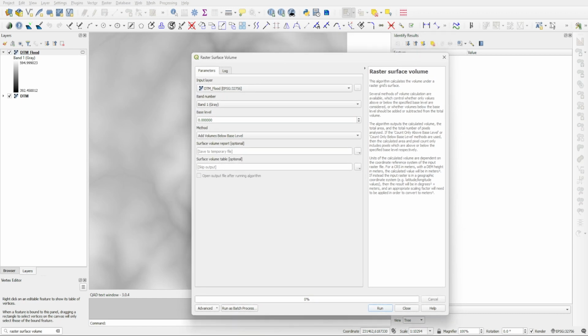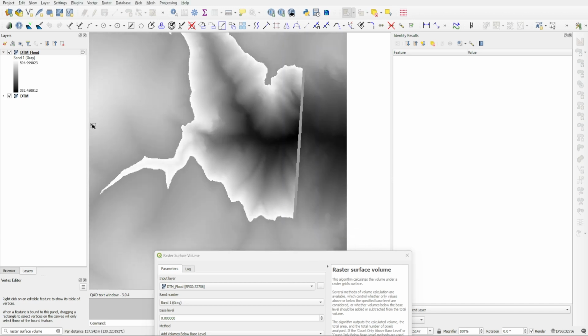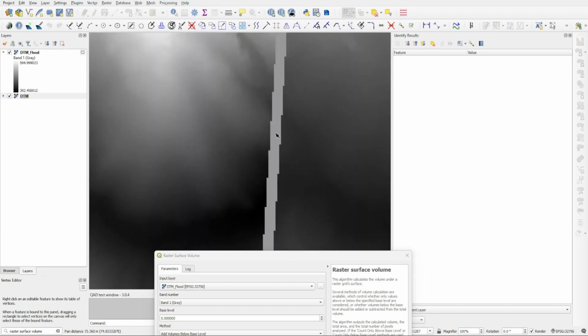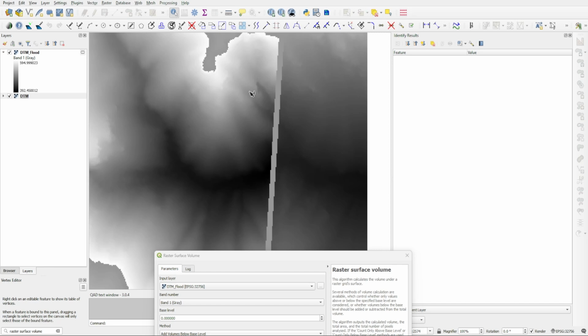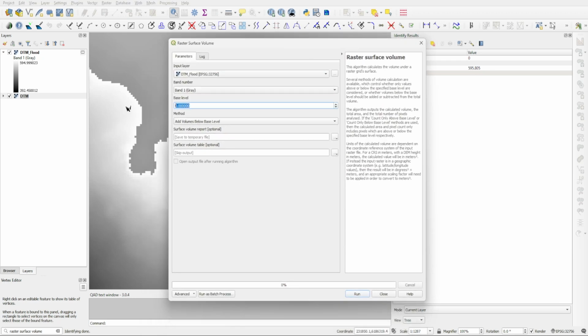Now we need to specify a base level, and the base level is basically the top of our water level. So we need to know that elevation. And if you remember, if I select our original DTM, we created this embankment on it. And if I go under the Identify Features tool and click on that, you can see that it's sitting at 600 meters of elevation, whereas our DTM flood was at 595, because if you remember in that video, we left a 5-meter freeboard for no particular reason, it was just for example, but our top water level was at 595. So we need to specify 595 here,